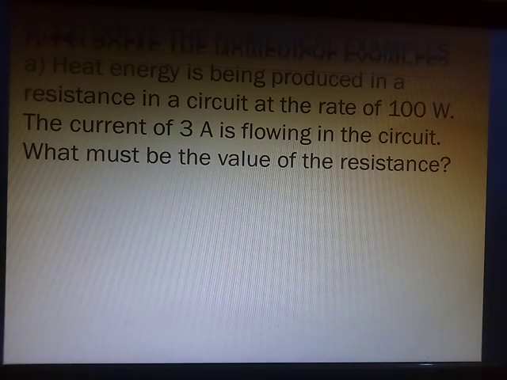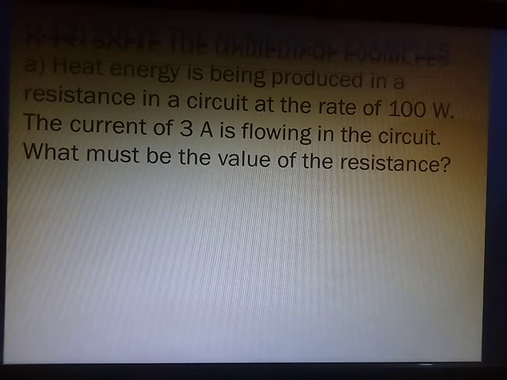Before moving on to the numerical examples, I would just like to focus on question number 11 in your textbook. Question number 11 is identify the figures and explain their use. As I have told you, second B and C, that is MCB and generator, that is excluded from your syllabus. And the first one easily you can identify, that is a cartridge fuse. So all of you know the use of a fuse that you can write in your notebook. So let's begin with question number 12, that is solving the numerical examples.